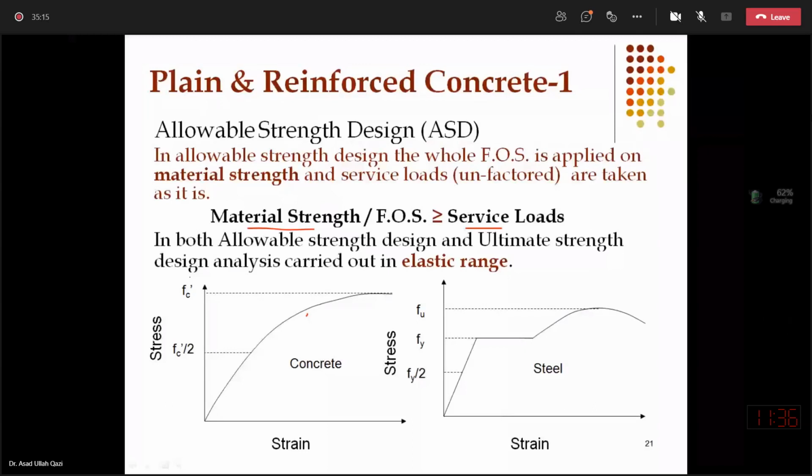However, in ultimate strength design, what will happen? You will be doing analysis elastic, but against calculated demand based on elastic analysis, you will exaggerate that demand by putting factors of safety, 1.2 dead, 1.6 live. So you will make that demand an ultimate moment or shear or load, and then that ultimate demand